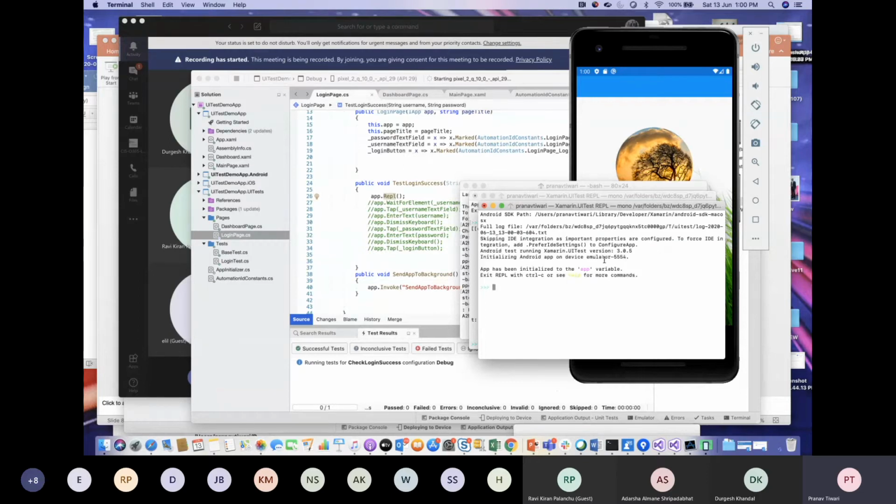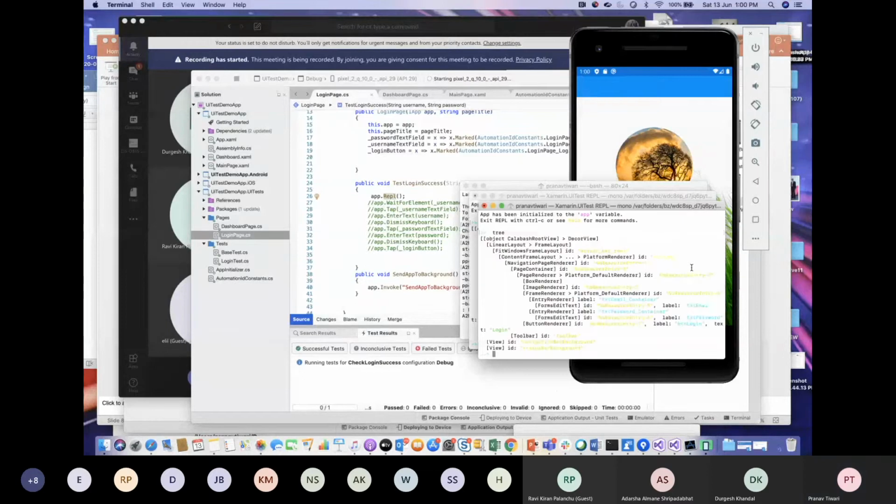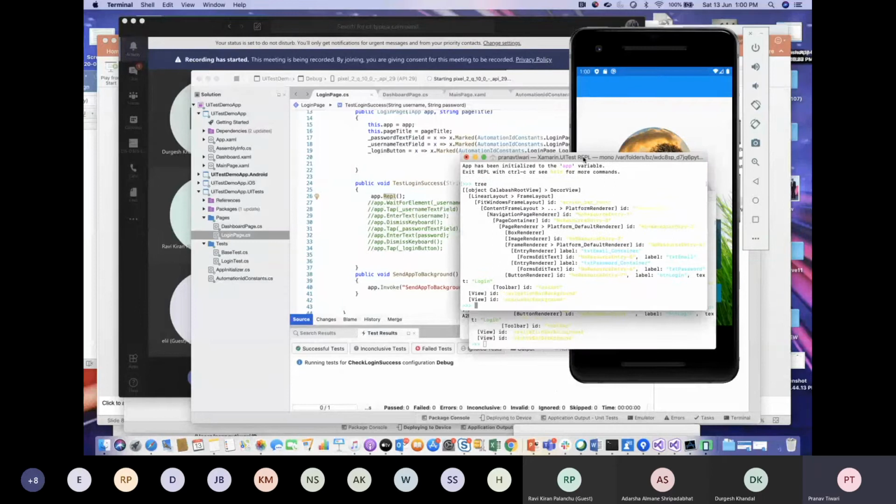Okay. So here, as you can see, we have got this REPL command prompt open. What we are going to do here is type tree, TREE. From this particular query, we'll get all the elements that are present on a screen, and it will be in the tree order. Like the first element we'll see at the top. The first element, which we are going to use with the label, is text email. The next is text password, and the last one is BTN login. So we have got the automation IDs for our element using this app.repl command.